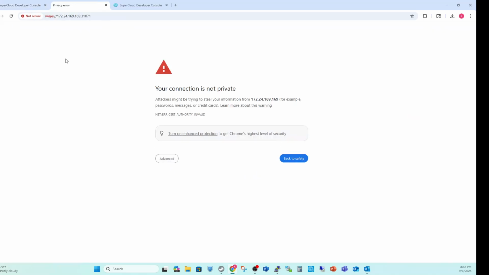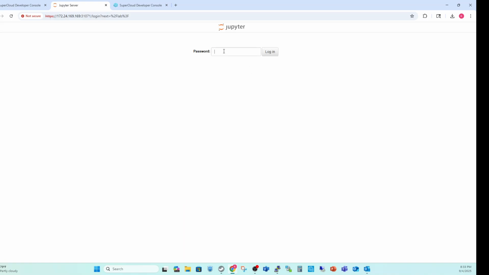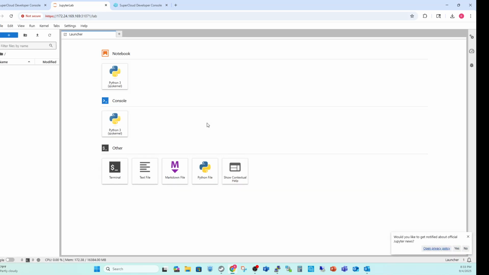So you can see here we automatically are connected into 172.24.169.169, which is the GPU node with that port. We say advanced here, and then we click on here, and then we put in our password that we deployed with, and then we jump right into the Jupyter notebook, right? So here is all the various different